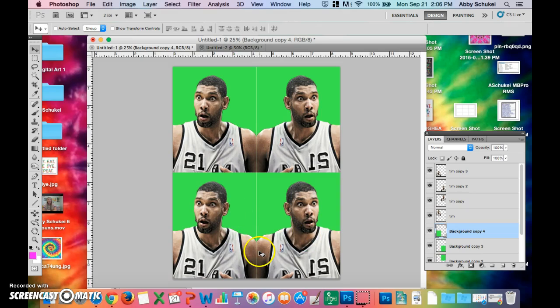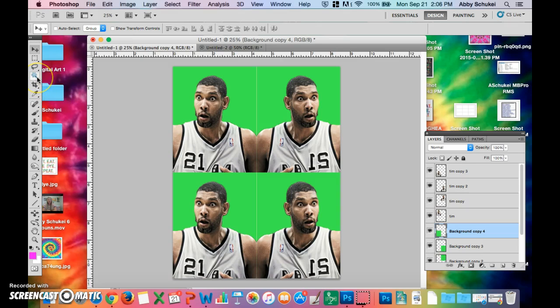Now, our next step is going to be filling in the background. You're going to get to choose. Are you going to have a solid fill background or a gradient filled background? You can kind of switch it up a little bit too. It's kind of up to you what you want to do. So for instance, if you just wanted a solid one, maybe you don't want the green background anymore, you can